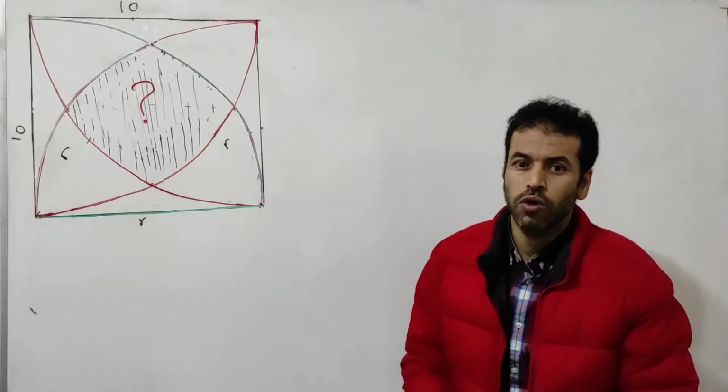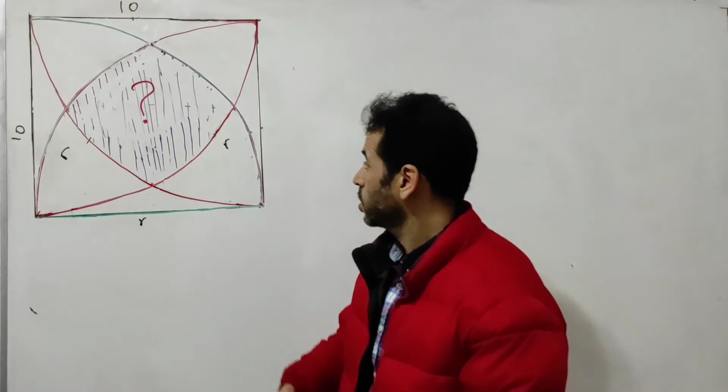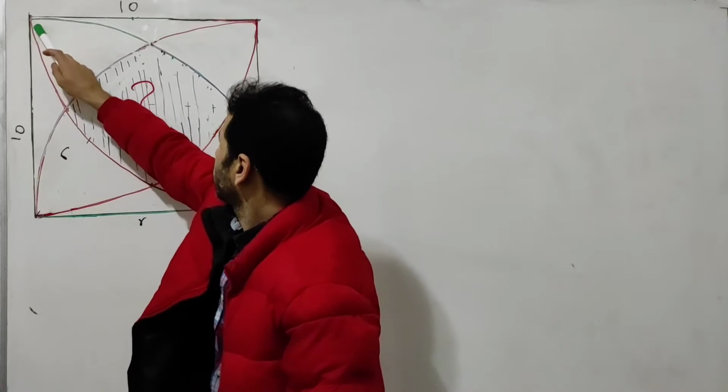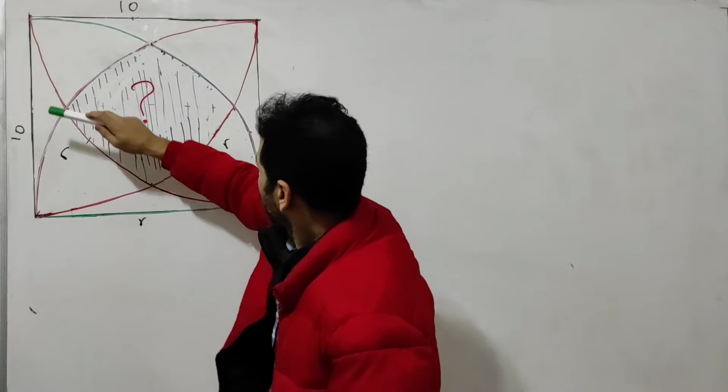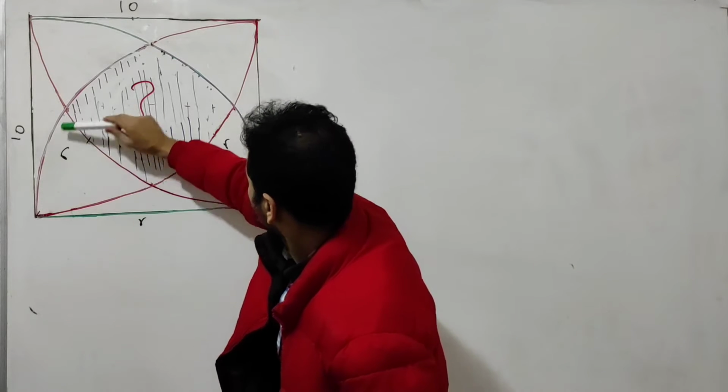Hi, in today's video I would like to introduce you to a very nice geometry problem. Here is a big square of side length r. We are going to draw a quarter of a circle from this point to this point, okay? And at the same time I'm going to draw another quarter of a circle from this point to this point,